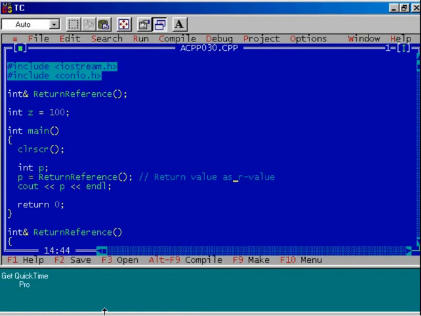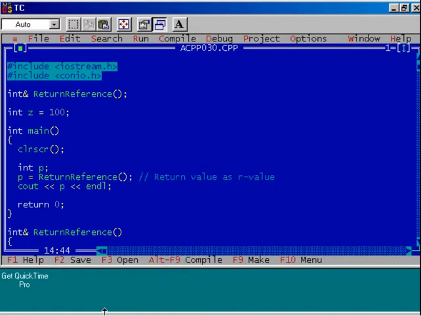In the C language, we have seen that whenever a function returns a value, it is an R value. It is not legal to modify that R value. Certainly, we can assign that return value of a function to another variable and we can use that variable in our program.